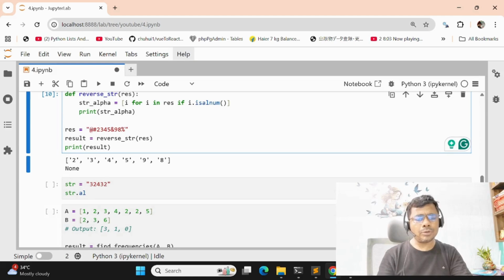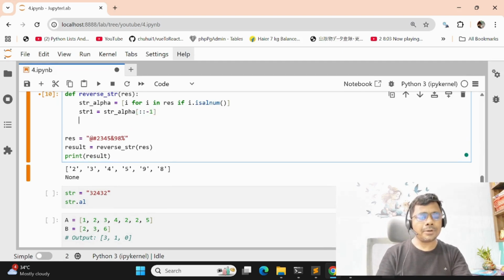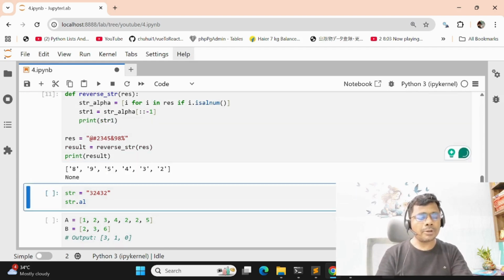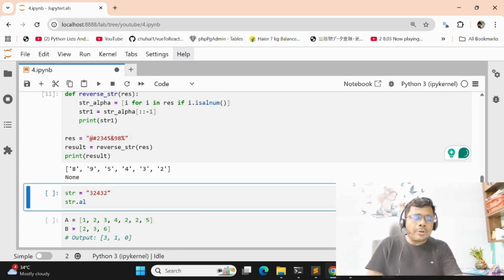Then try to reverse the string. Reverse means str1 equals str_alpha with double colon minus 1, then print str1, and the output will be the reverse of the string.